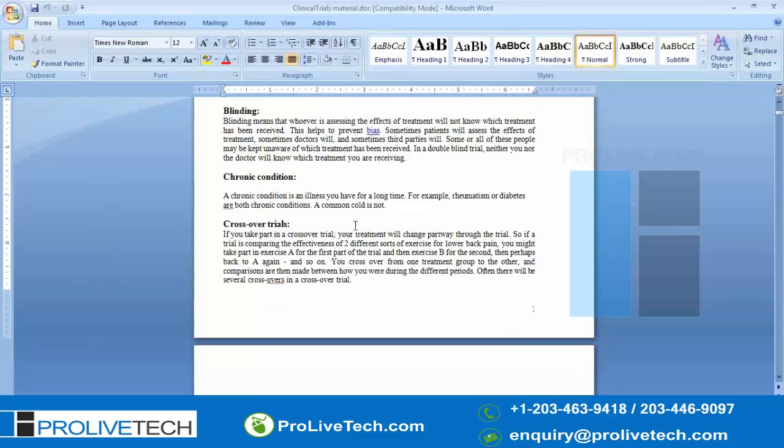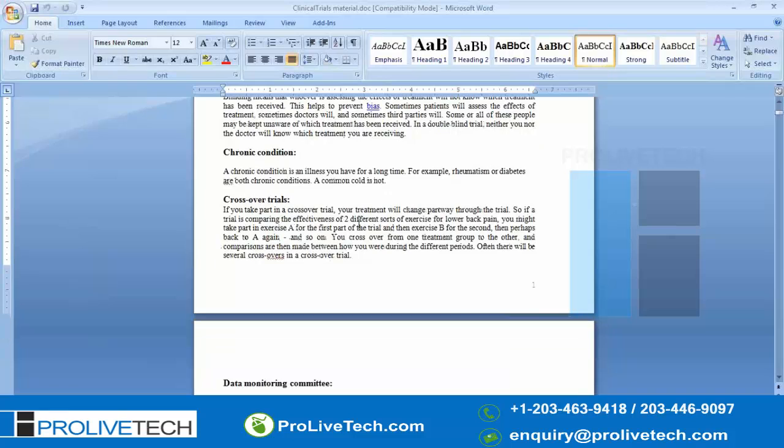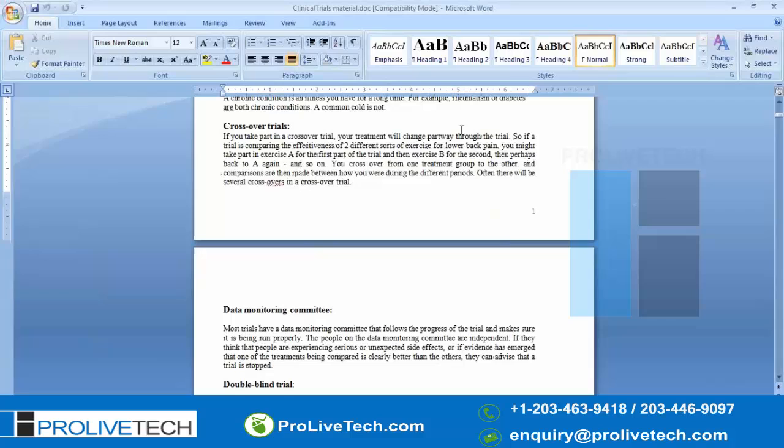And we have chronic condition. Chronic condition means illness. Then crossover trial. Crossover trial means they will interchange the treatment between two different groups throughout the trial. Suppose two different treatments are conducted on two different groups of people. At the beginning they give X to one group and Y to another group, and they carry out the research. After a certain time they interchange the treatment between those two. Earlier somebody has taken X, now they are given Y, and earlier somebody has taken Y, now they are given X. They proceed that way for a certain period, then again they come back to normal. If they have interchanged the treatment between two groups throughout the trial, that kind of study is called